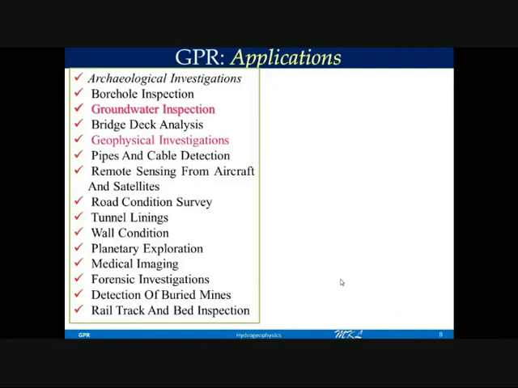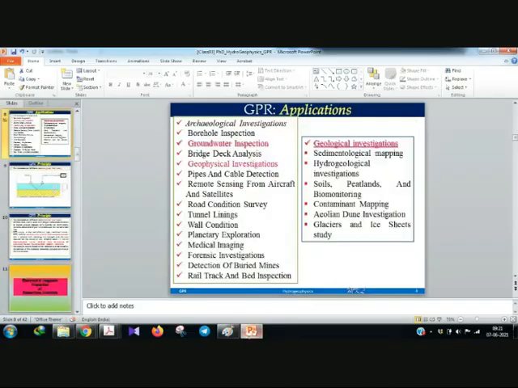So groundwater inspection, bridge deck analysis, and archaeological investigation. Nowadays, people are raising archaeological investigation because GPR is giving very high resolution data. So without excavating, you will have an idea of the archaeological excavation part. We will discuss some case studies, and groundwater inspection, because GPR generally depends on